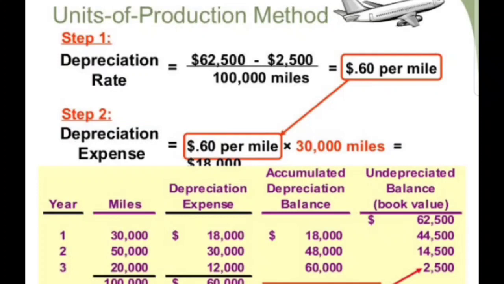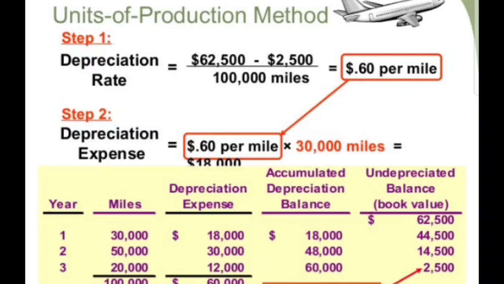If we solve this fraction, we will get the answer of 0.60 per mile. Now let's depreciate it. Suppose that it produced 30,000 miles in the first year. Then 30,000 into 0.6, we will get the first year depreciation,